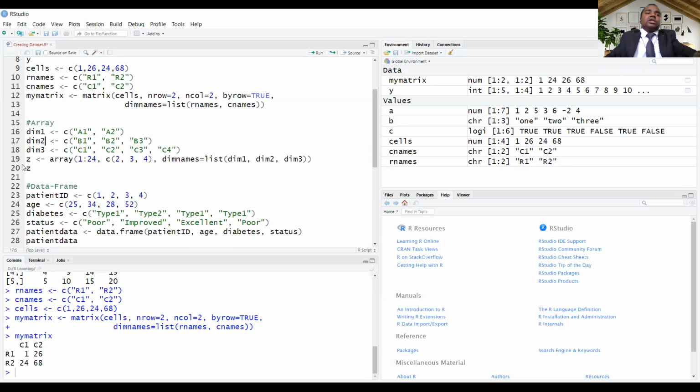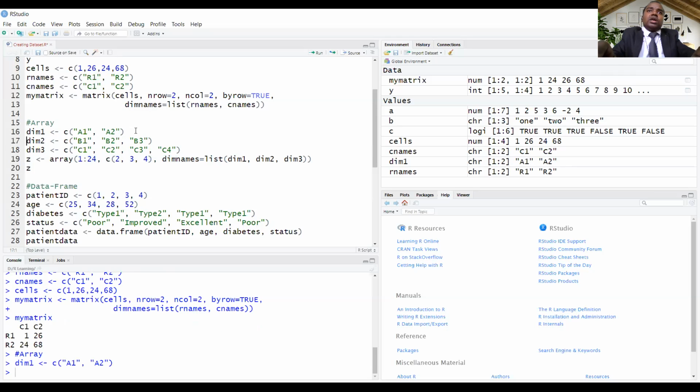And the array function is having the data 1 to 24, all numeric values, and then the vector 2, 3, 4 for the dimensions, and the dimension names are a list of dimension 1, dimension 2, and dimension 3. So let's run this code.